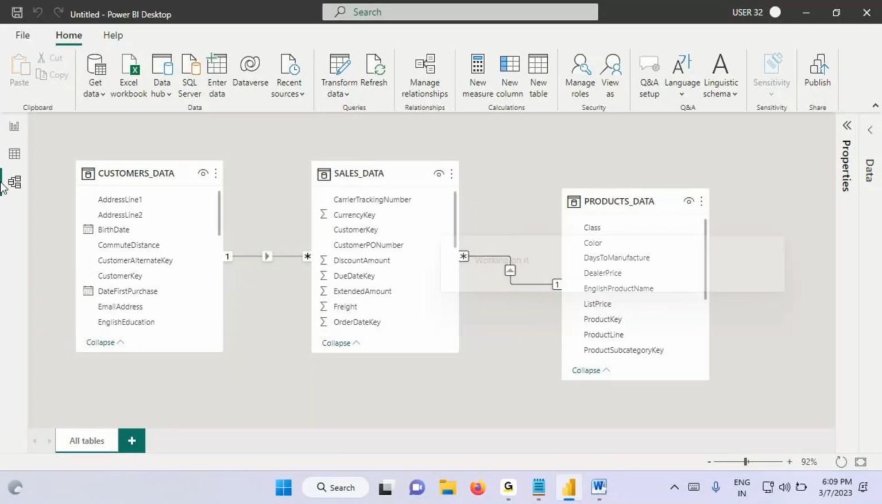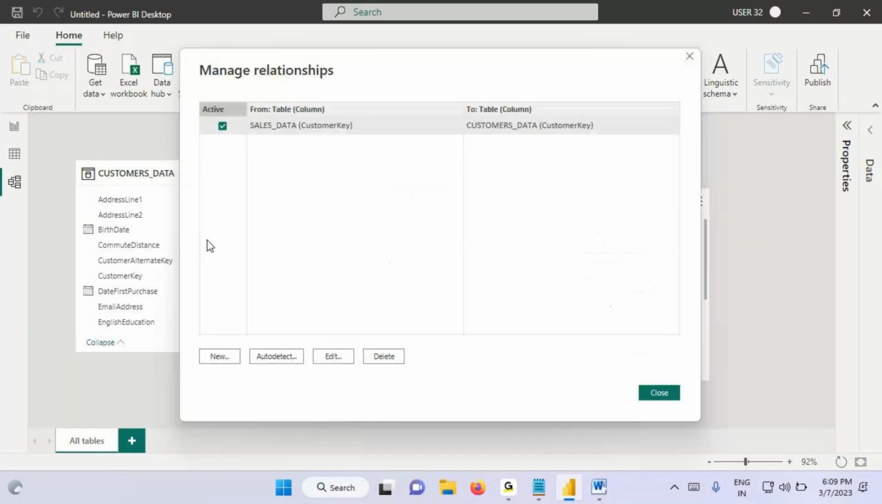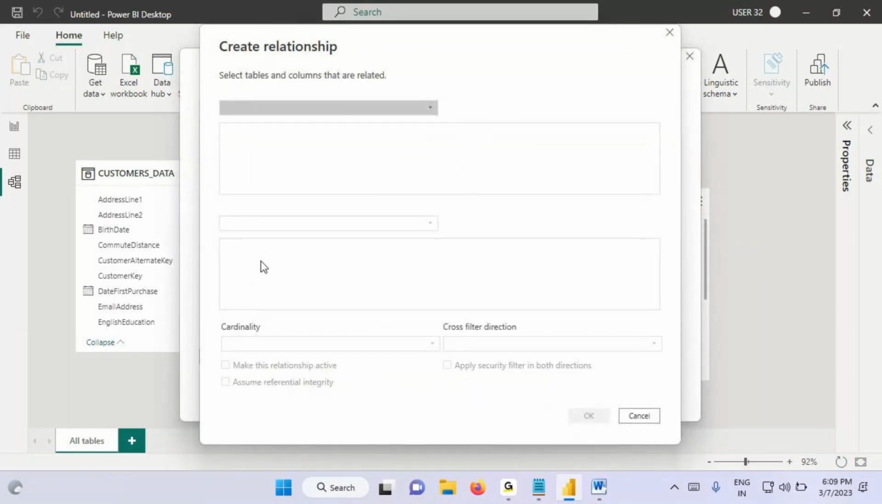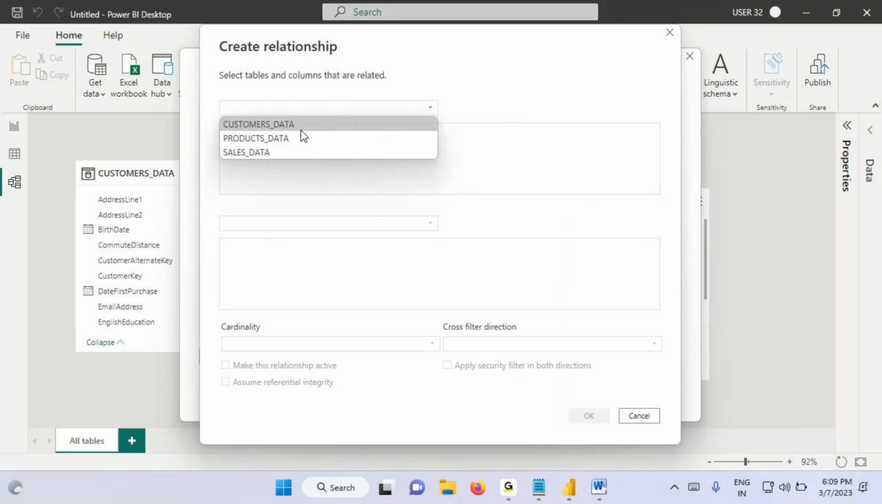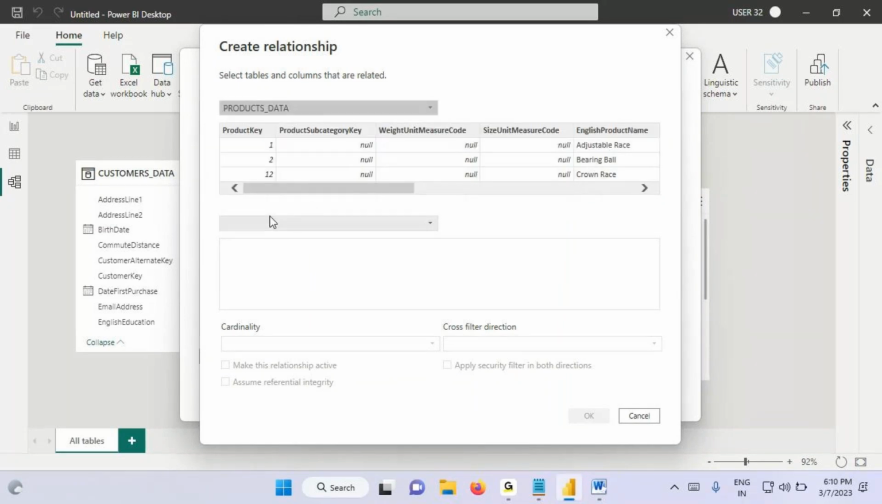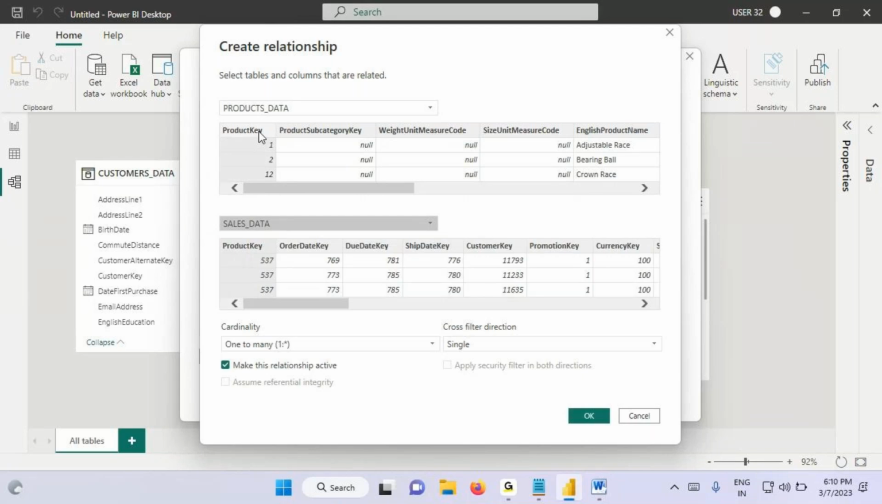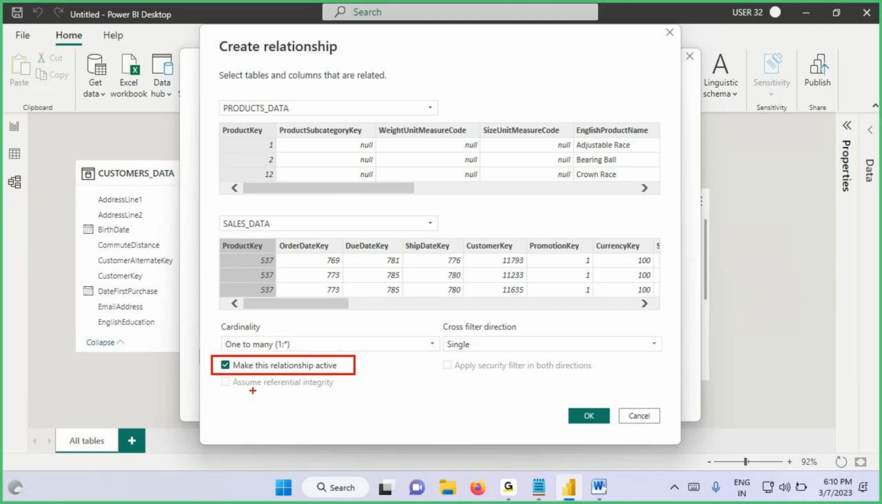How to create the relationship: go to Manage Relationships, click on New Relationship. Here I need to create the relationship between the product data table and the sales data table. What is the common column? Product key and product key. What is the cardinality? One to many. Cross filter direction is single. We know all this. Make this relationship active, and active also we know. And we are trying to understand an option called